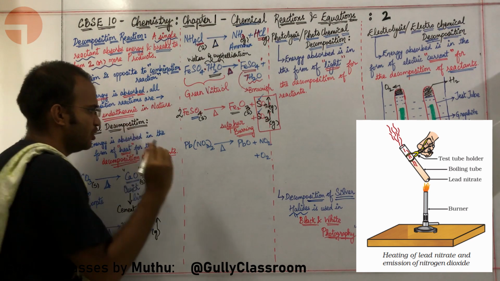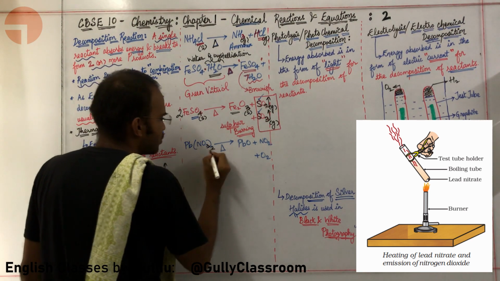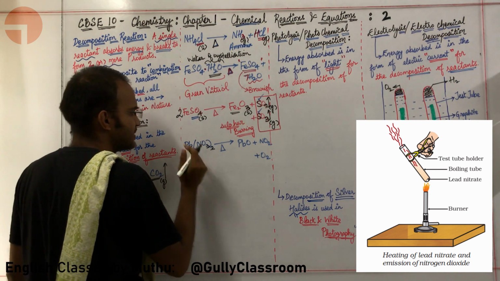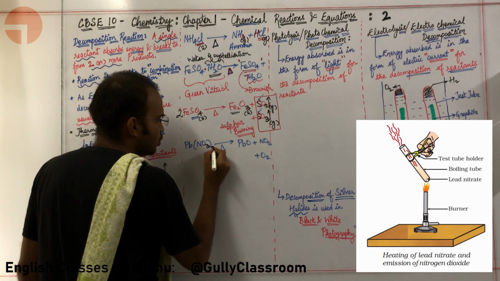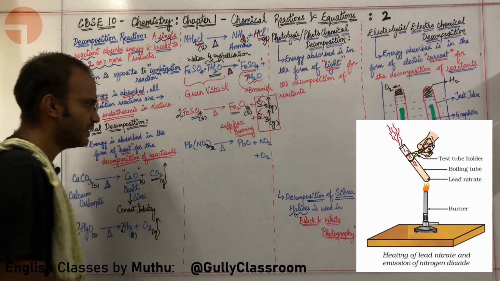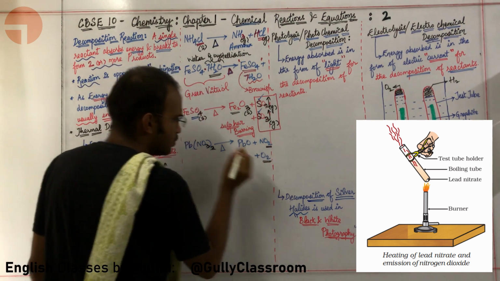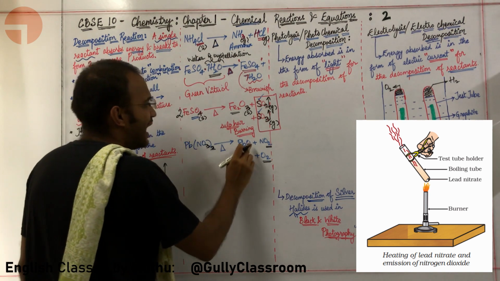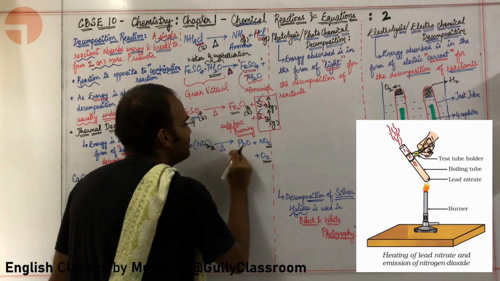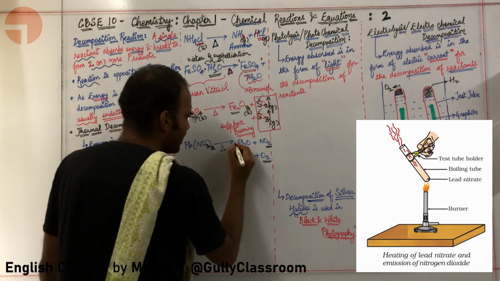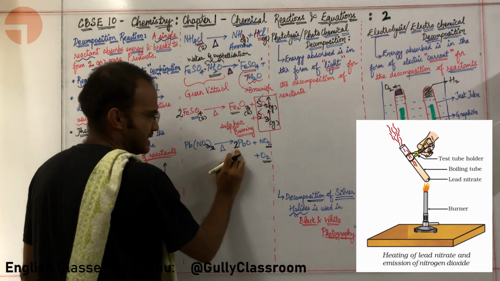The first thing I am going to check here is that the total number of oxygen in the LHS is 6. How, sir? In the left hand side, 3 into 2 is 6. So there are 6 oxygen over here. What about here? Here there is 2 oxygen, and here also there is 2 oxygen. So here I need to have an even number of oxygen. I am going to put the smallest even number, 2.